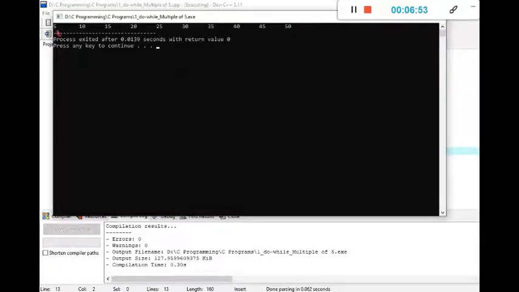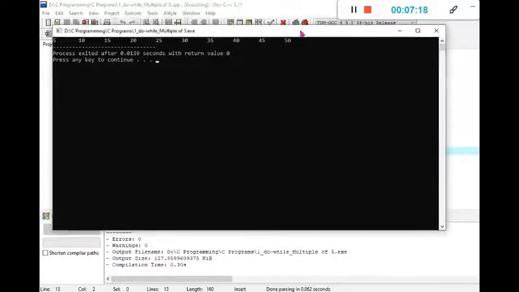That means the I value is 1, 5 1 is 5, 5 2 is 10, 5 3 is 15, 5 4 is 20, 5 5 is 25, 5 6 is 30, 5 7 is 35, 5 8 is 40, 5 9 is 45 and 5 10 is 50. Because when the loop I becomes 10, it will stop because I cannot become 11. So only 10 values will be displayed.